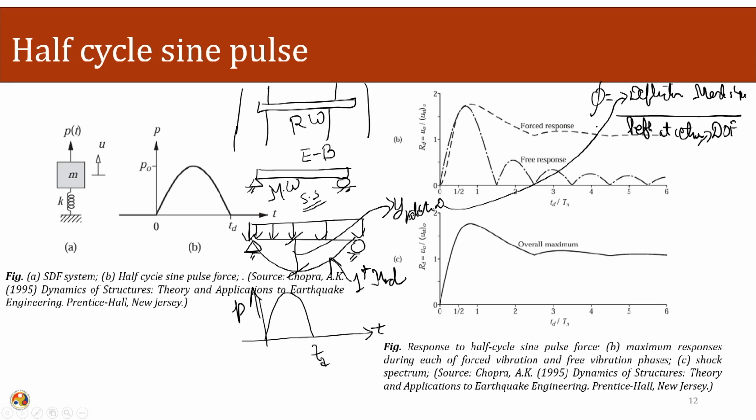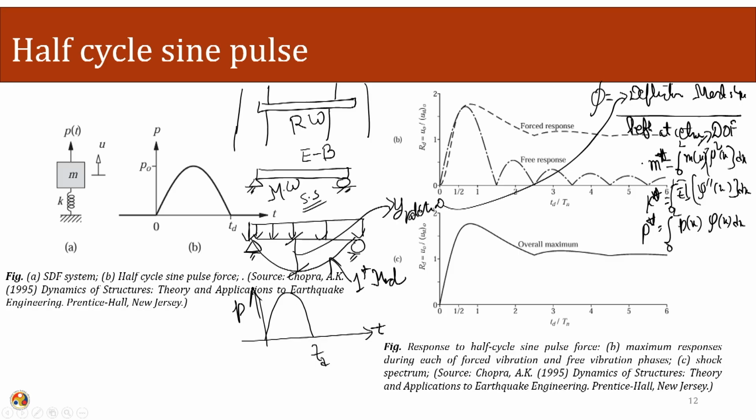Once we have our mode shape functions, from the shape functions we can calculate our M star, equivalent mass, equivalent stiffness, and equivalent force, using the standard equations that we have. Or we have given the table also, so we can use those tables to calculate the different quantities. We are going to get the same thing from both.